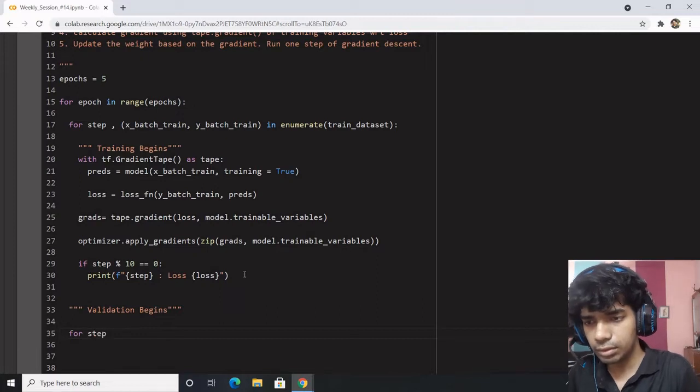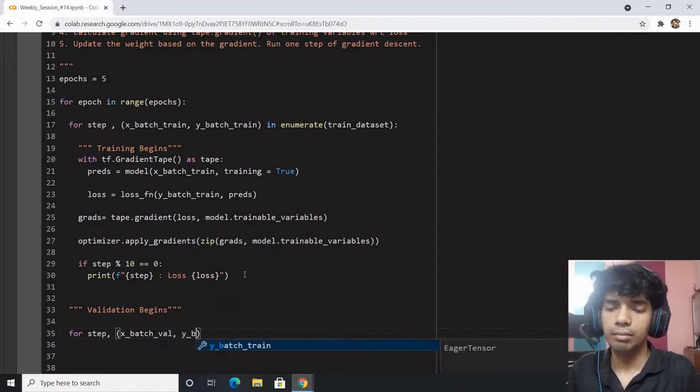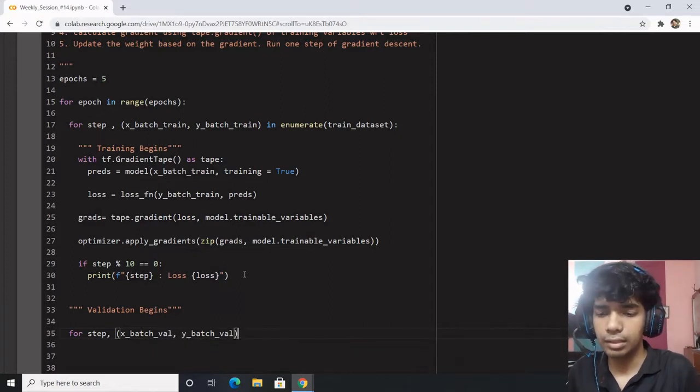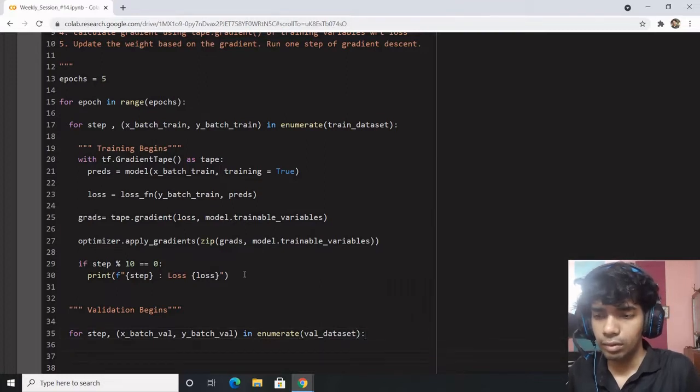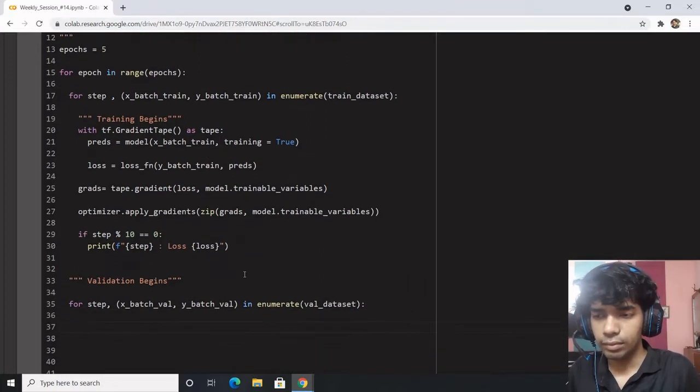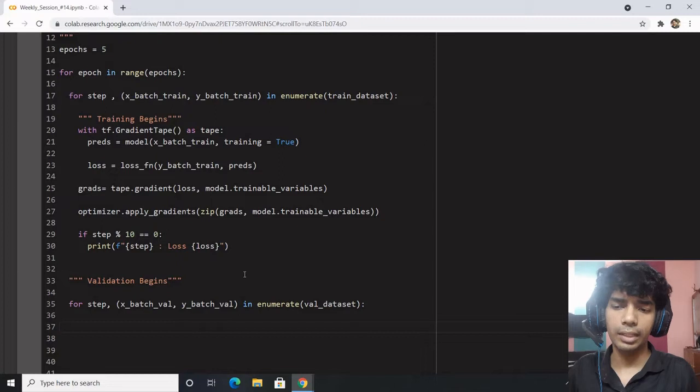For step, x_batch_val, y_batch_val in enumerate(val_dataset), wherein what we're going to do is again use tf. I don't think we actually need GradientTape here because we won't be doing any differentiation.